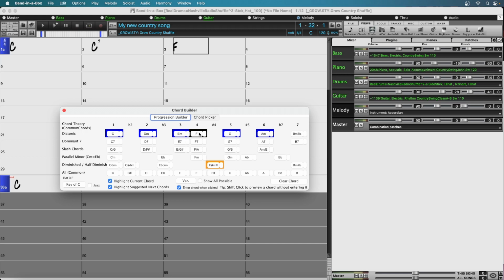Now, this is also a good time to explain this dialogue a bit further. You'll notice that the top row here is labeled diatonic. That means that all of the chords up here only contain notes that are in the key of C. That is, all the notes in these chords are part of the C major scale. As such, this top row is kind of a safe one if you really want to stick to simple pop